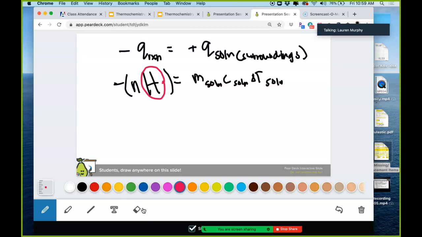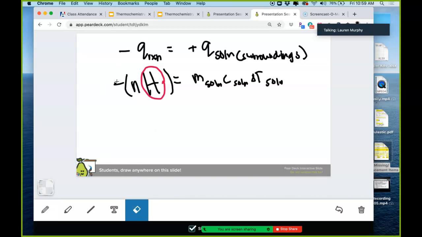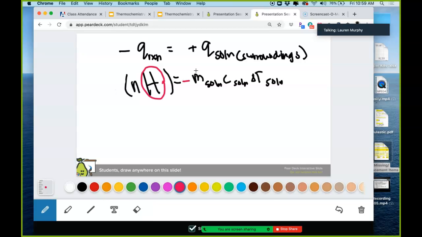Now, I'm going to off the bat move the negative sign over, okay? So this negative is going to come to the other side. And then I'll divide by mole. So I'll just leave all the variables in and then plug in. Okay? So let's plug in numbers. ΔH is,